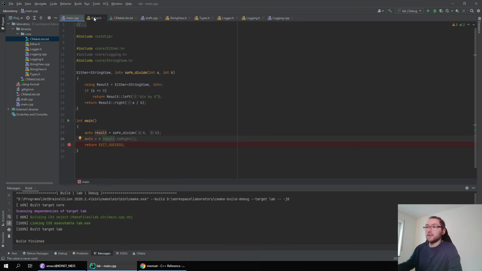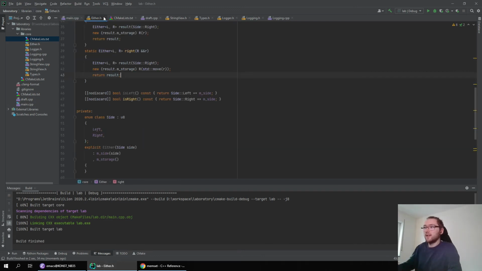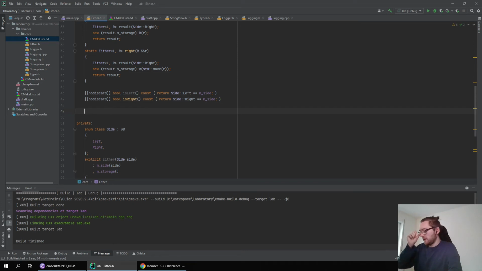Nodiscard, nodiscard. Fine. Okay, now let's build a function to get the left value out. So left.